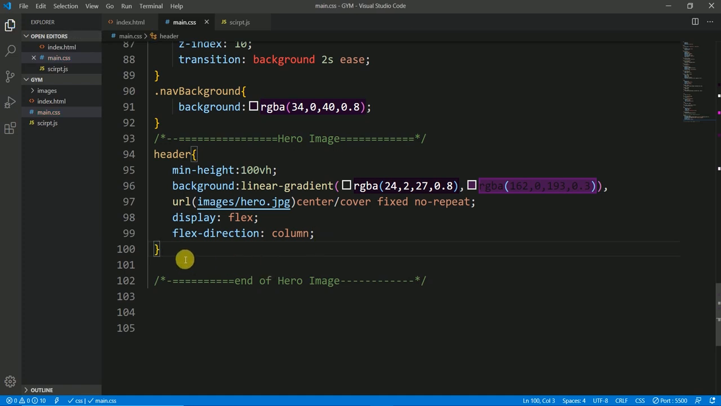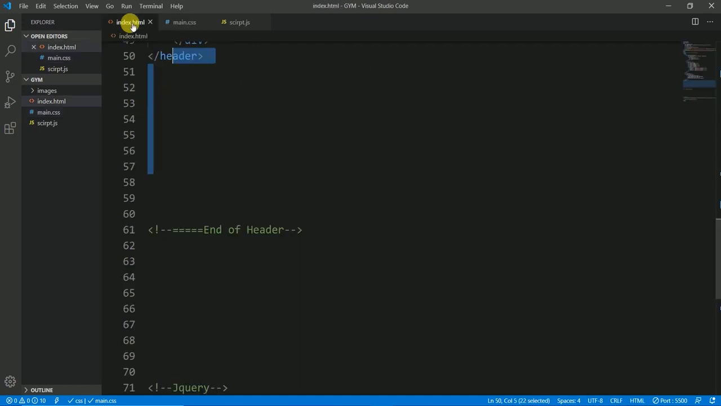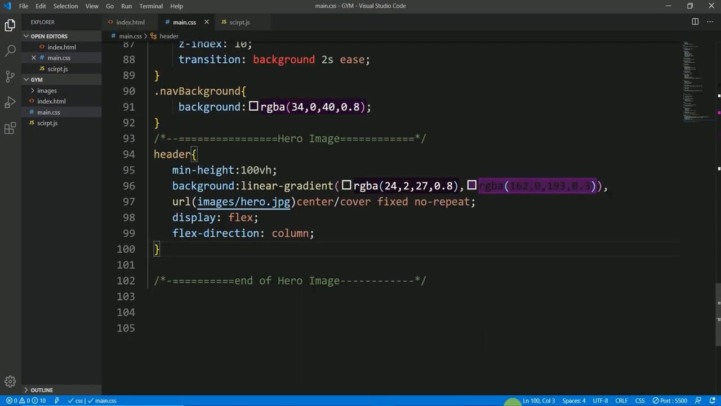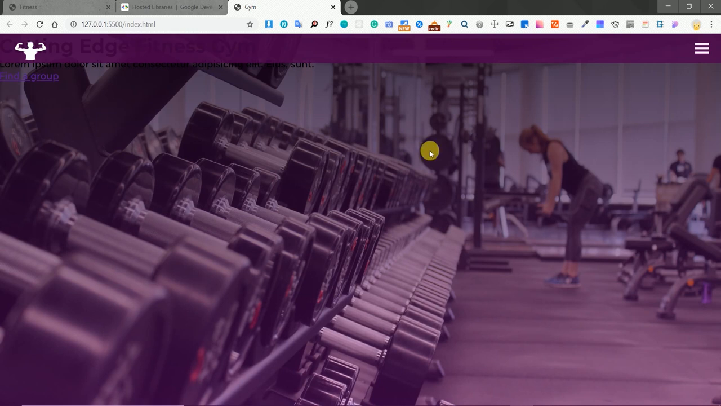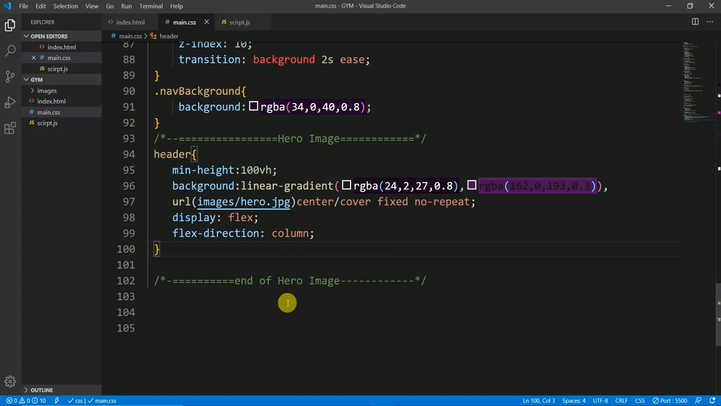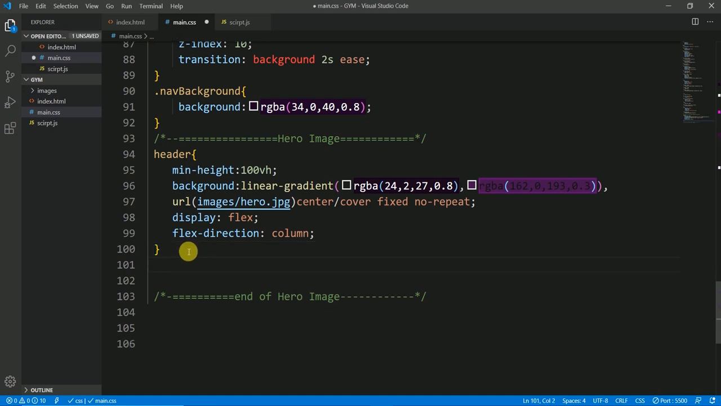Okay, and now let's go to the main title. The main title, this one, the heading. The cutting edge fitness gym, and everything is too messy here. Let's set it. So the main title,